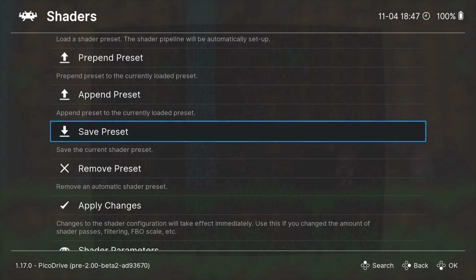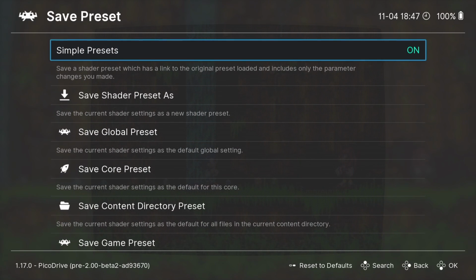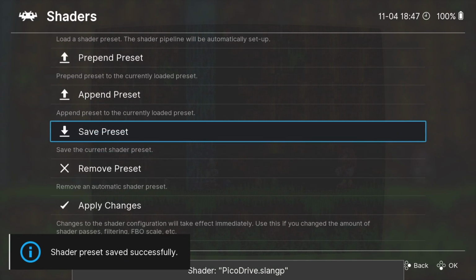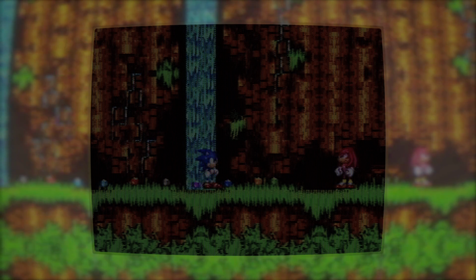And just remember to save, otherwise you're going to do all these settings, and then when you boot up your game again, everything's going to be gone. So just make sure to save core preset, or save global preset if you want the same video options applied to all your systems using RetroArch. Now if I go back into the game,